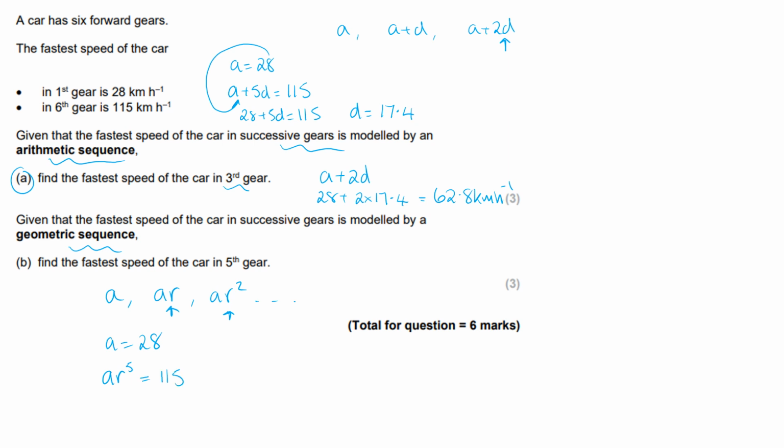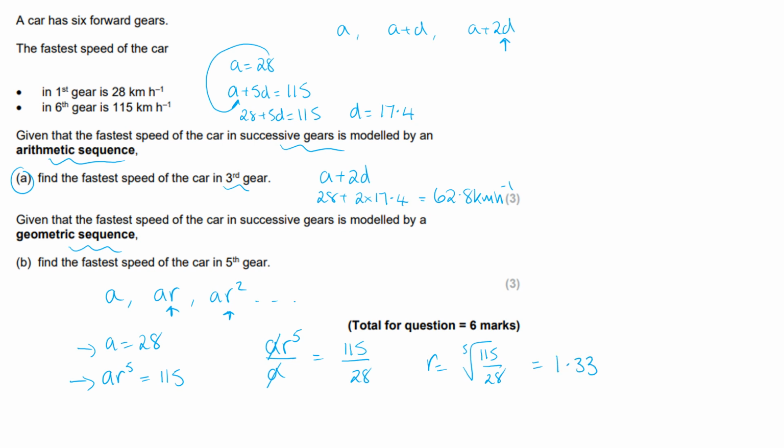So when you've got a geometric sequence, you always put a future term divided by the previous, because then the A's will cancel. So AR to the 5 over A is going to be, putting in the position, 115 over 28. The A's will cancel, and if we take the fifth root of 115 over 28, that's what R will be, and that comes out to be